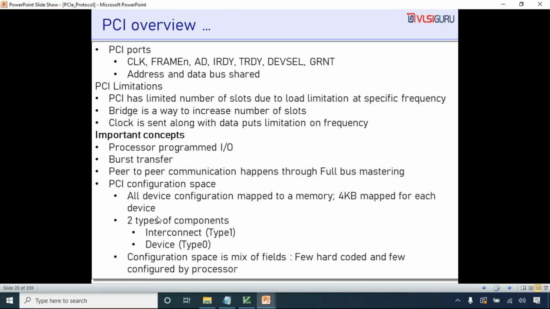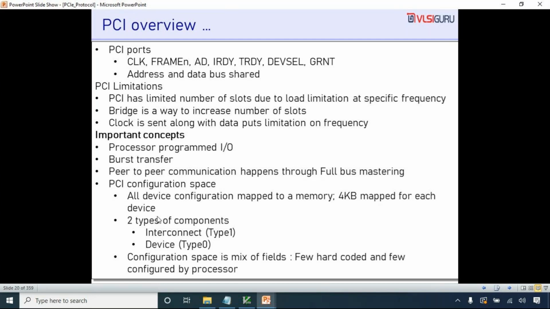One can be interconnect, one can be device. The header that is targeted for interconnect is type 1. The one which is targeted for device is type 0. So I will manufacture my printer with some 256 byte space, where I load the 256 bytes with some values